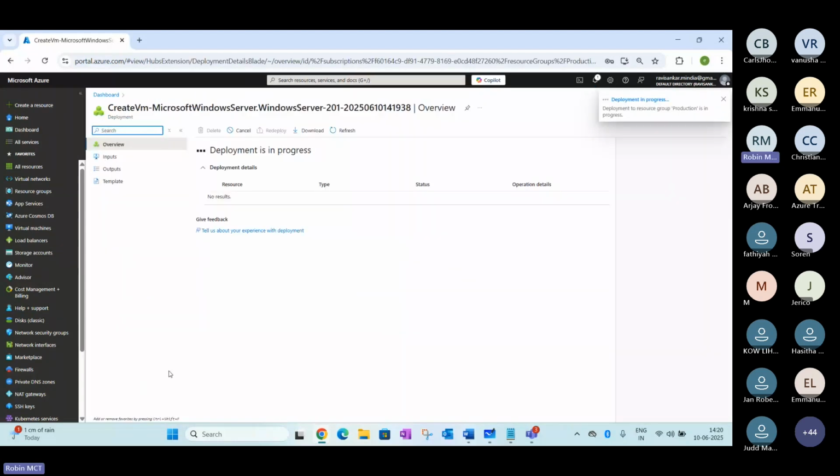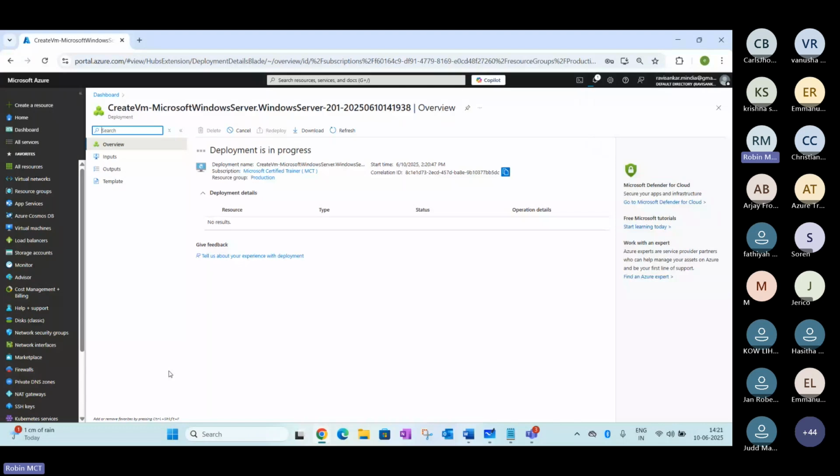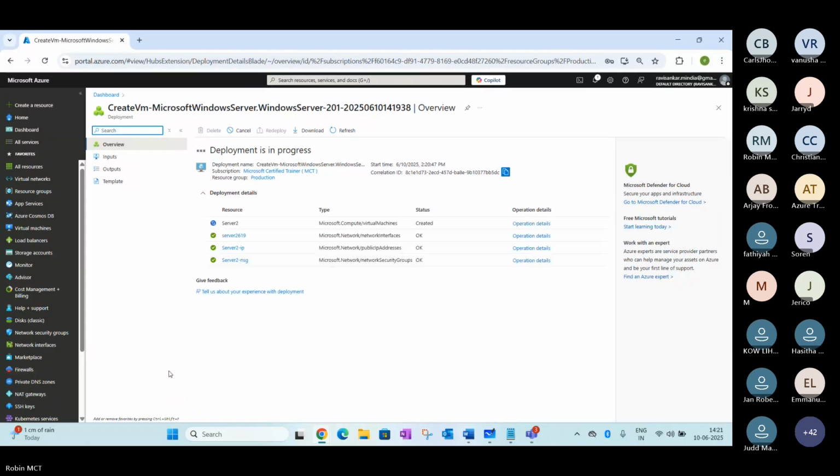It's progressing. You can see this has started. So we need to wait for this to finish.